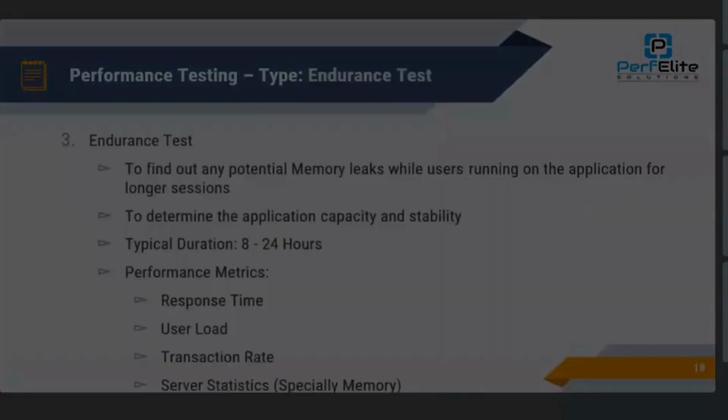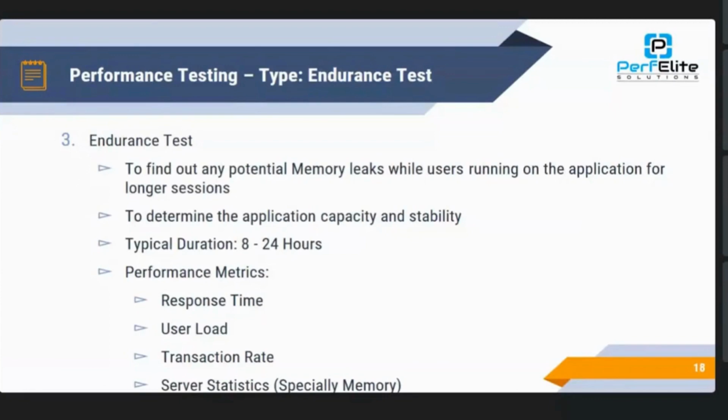Endurance testing. See here, first we are